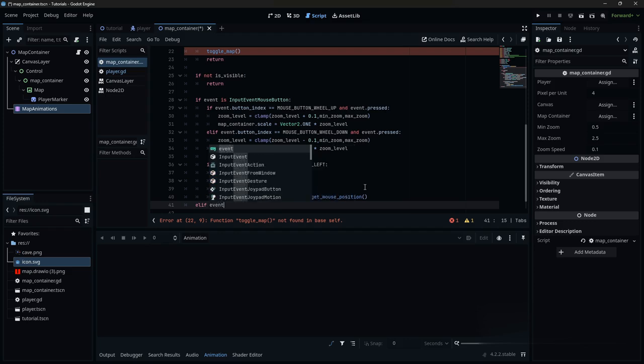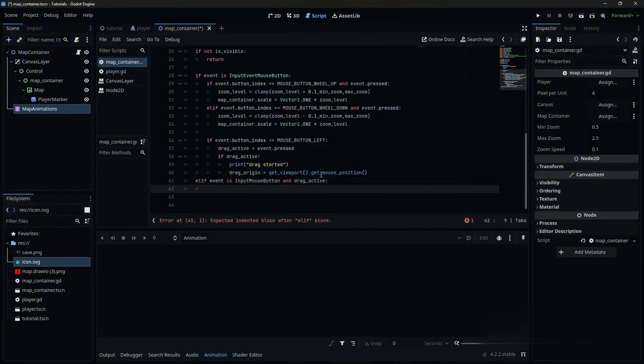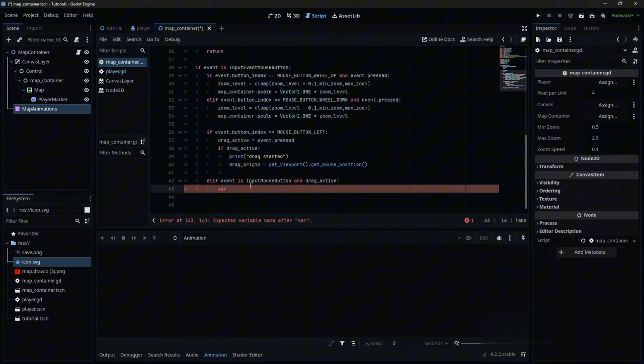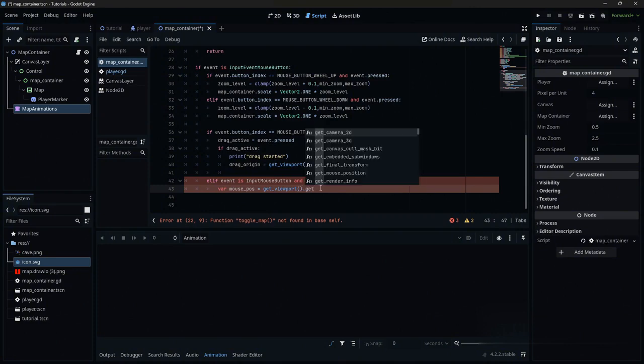And we're going to have an elif if the event is an input event or input mouse button and the dragging is active. We are going to add a variable and, sorry, let me just indent this and make this more spacious and easier to read. So we're going to make a mouse position variable. We're going to get it the same way as the drag origin. We're going to make sure it's equal to the get_viewport.get_mouse_position. So this will get the mouse position,